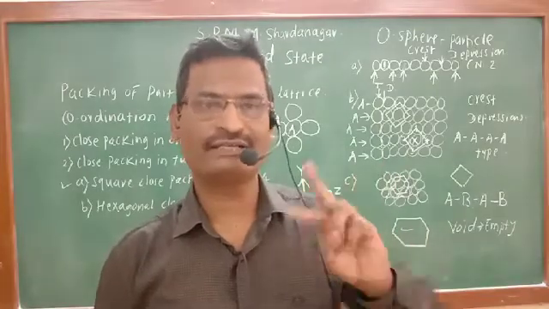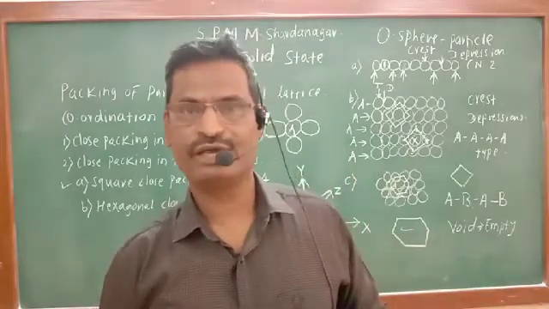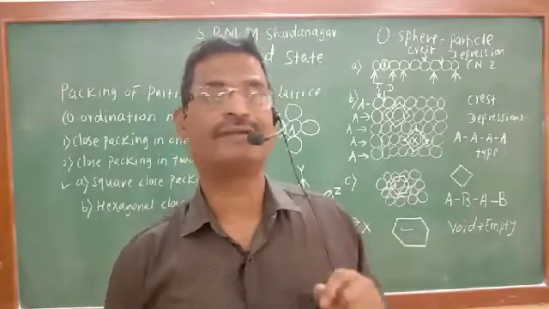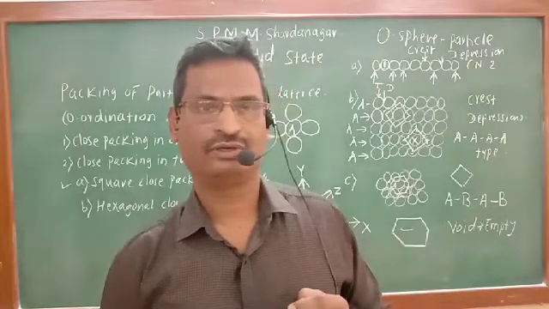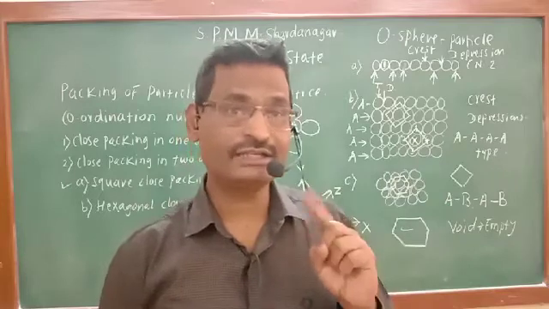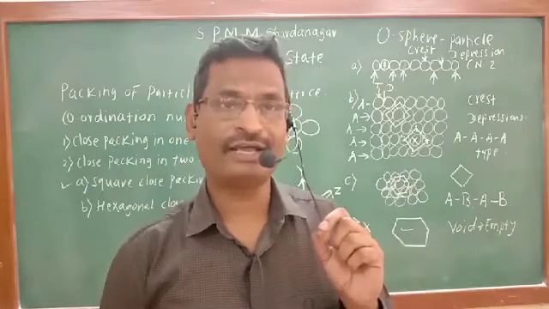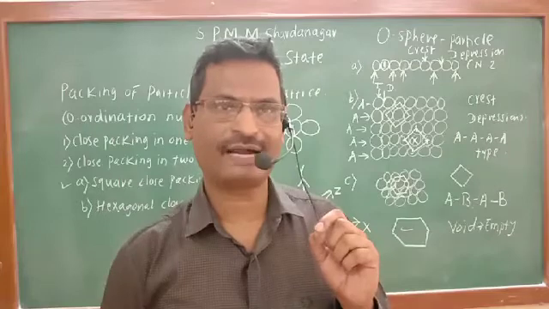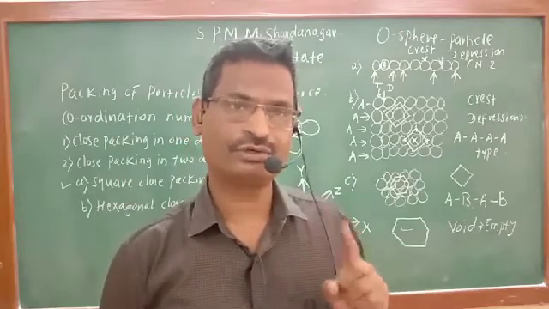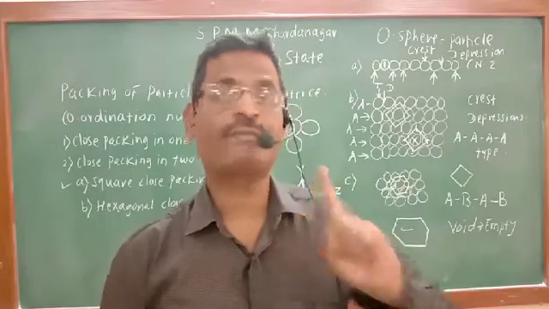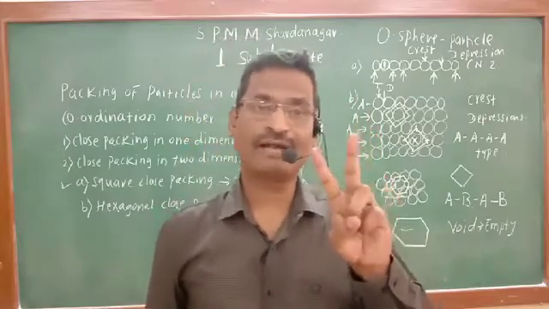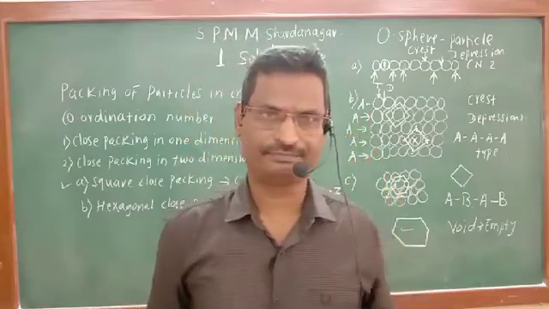In the second one, BCC structure, what we have seen? We have seen that besides 8 corners there is one more particle present at the center. Among 8 corners we know there is one particle present, because at each corner 1/8 particle is present. Therefore 8 corners constitute 1 particle, and one more particle is present at the center of the body. Therefore totally 2 particles are present in the BCC structure.